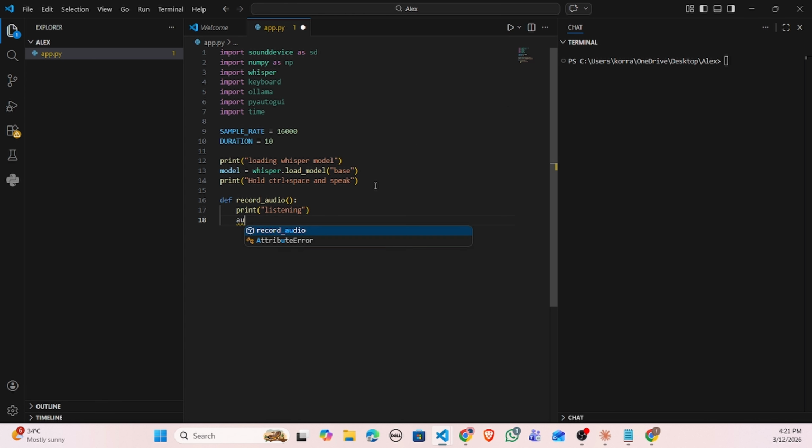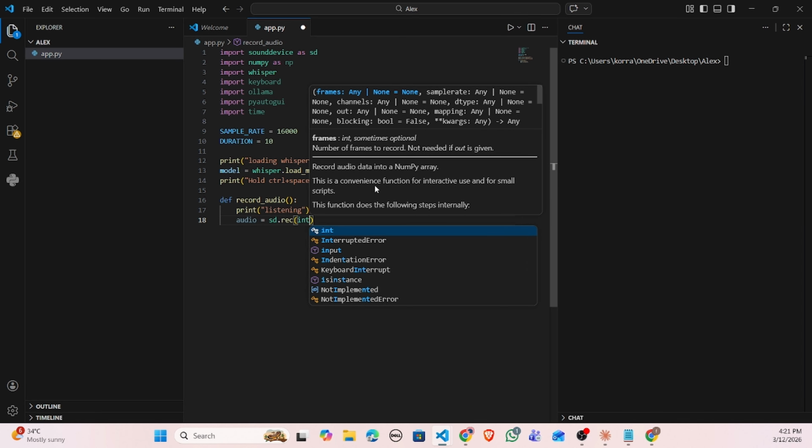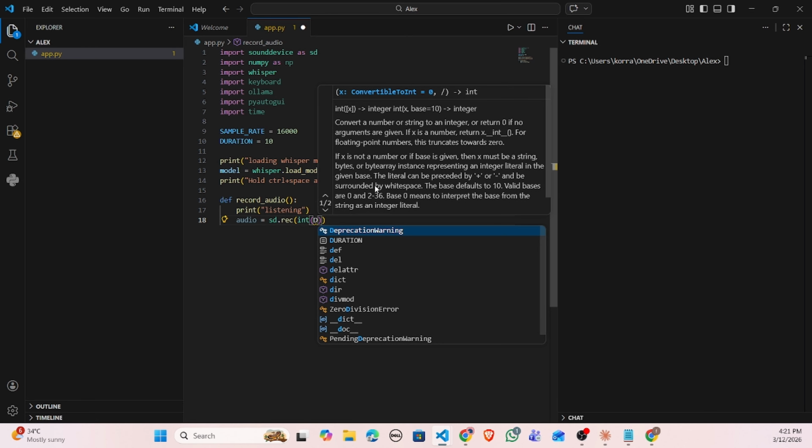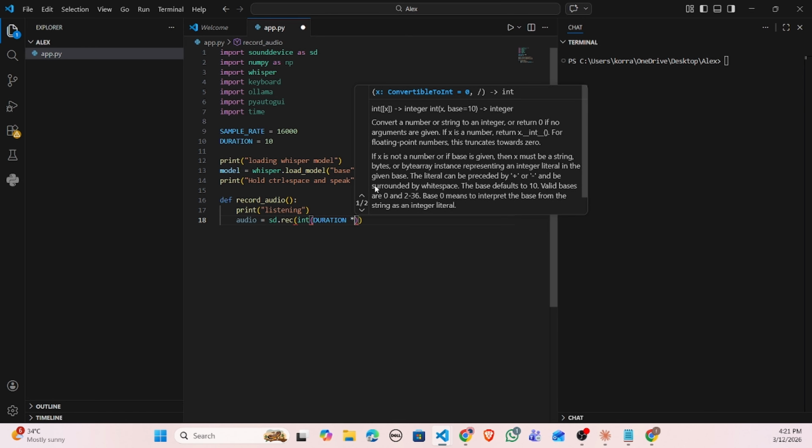Print listening, and then we need to configure audio equals sd, which is sound device, sd dot record int of the duration into the